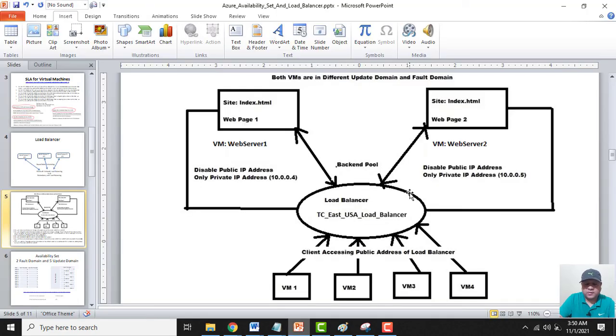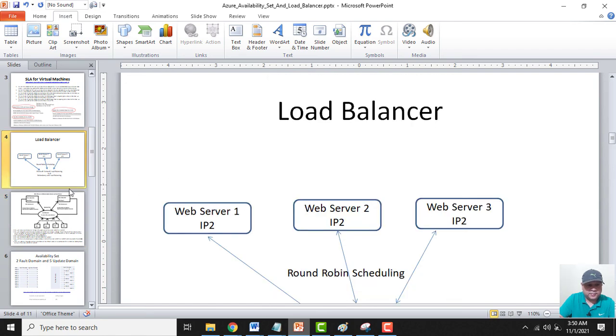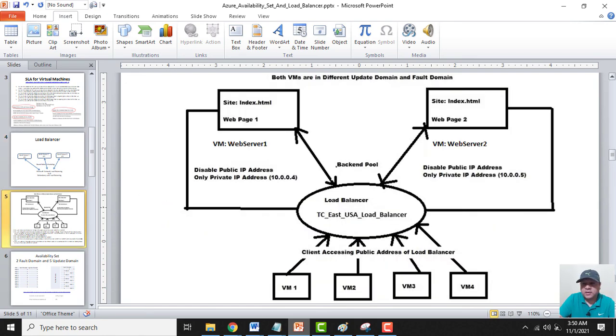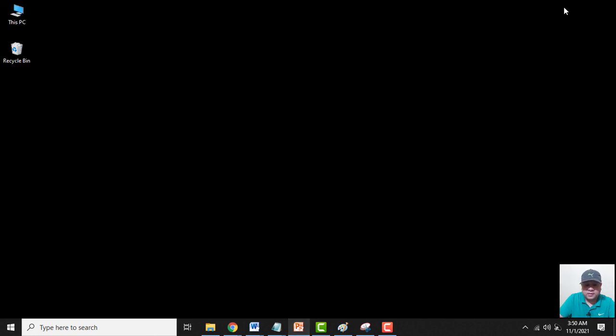So in this way we have seen how the load balancer is balancing the load on these web servers, the way we used to see this in Microsoft Network Load Balancing.